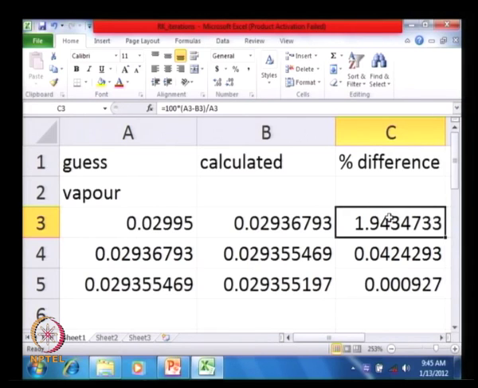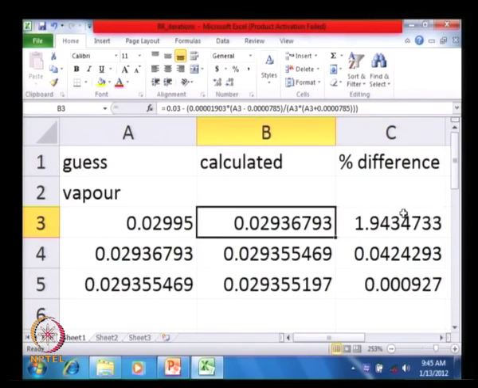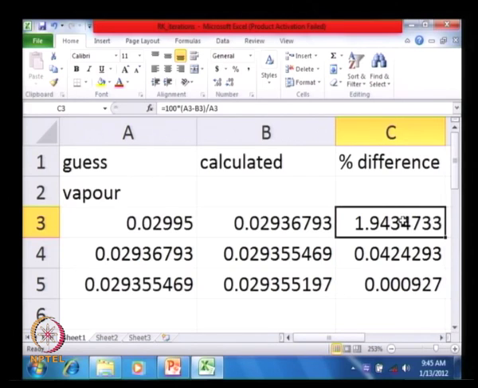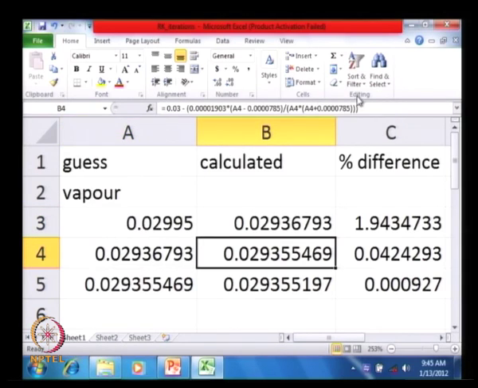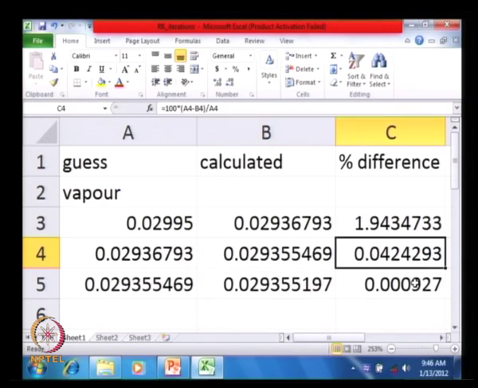Let us go further and improve the accuracy of our value, and also this helps to demonstrate how to do the iterations. Now let us assume that this is not an acceptable percentage. Let us say that we are looking for a percentage which is less than 10 power minus 3 or 10 power minus 4, yeah, 10 power minus 3 is a good value. So we take the calculated value, put it into the guessed value, calculate the value again, this is the same equation that was used to calculate the value. Now you find that the guessed value was 0.02936 so on, and the calculated value turns out to be 0.029355 so on, and the percentage difference was calculated as